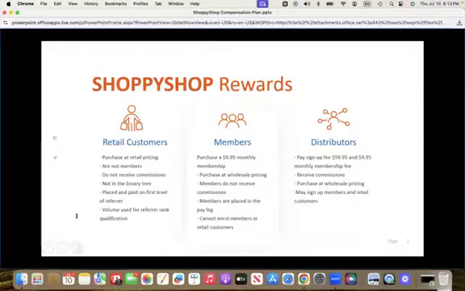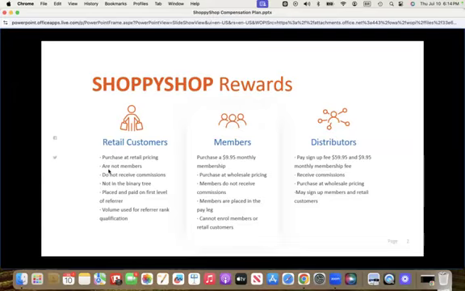On our products. And then members, they're also placed in the pay leg. Now, this is really important. We are placing any of your members that come in for 9.95 into your pay leg, right? This is in the binary, in the front tree. So the front tree, the binary is all the 9.95 memberships, and it's also the initial purchase of $50 to